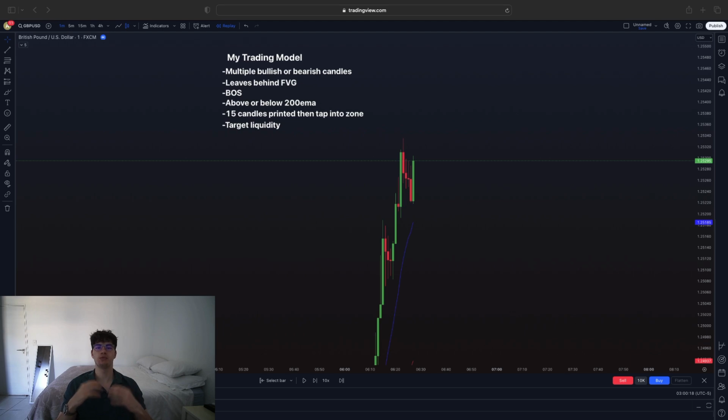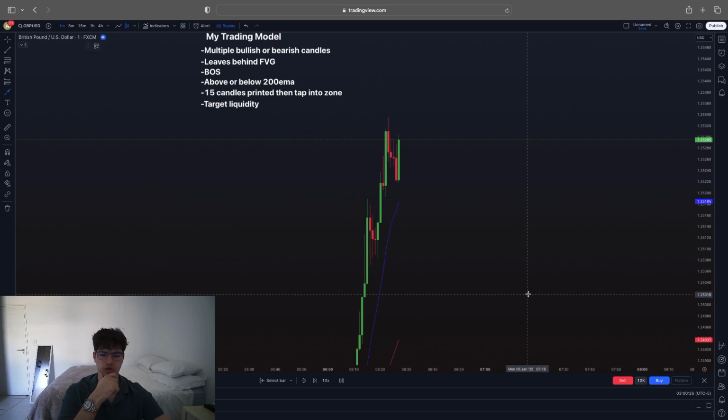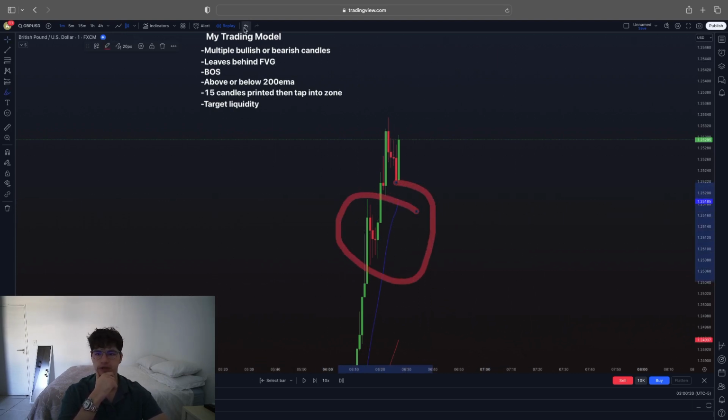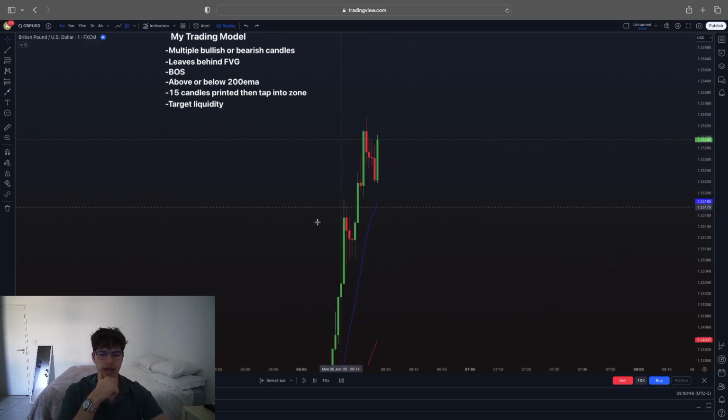What do I mean by multiple bullish and bearish candles? This is a demand zone, and we're just going to break it down. The first thing that I'm going to go over, look in this area over here. From this little small pullback here, look how many consecutive bullish candles we had. We had 1, 2, we had a small little pullback, and then the third bullish candle pushing up there. Okay, as you can see,